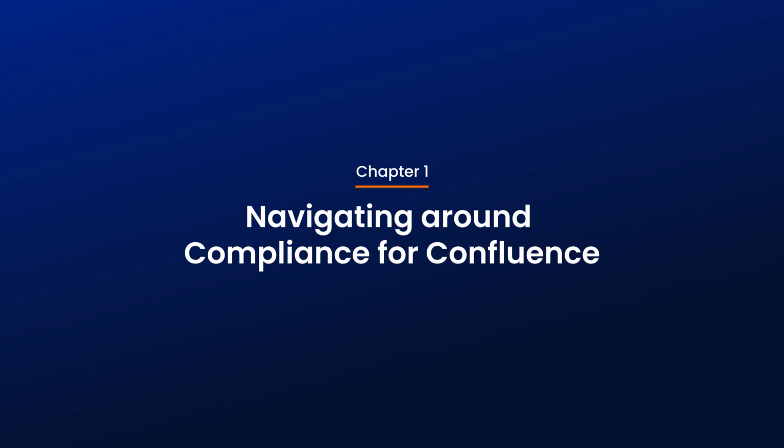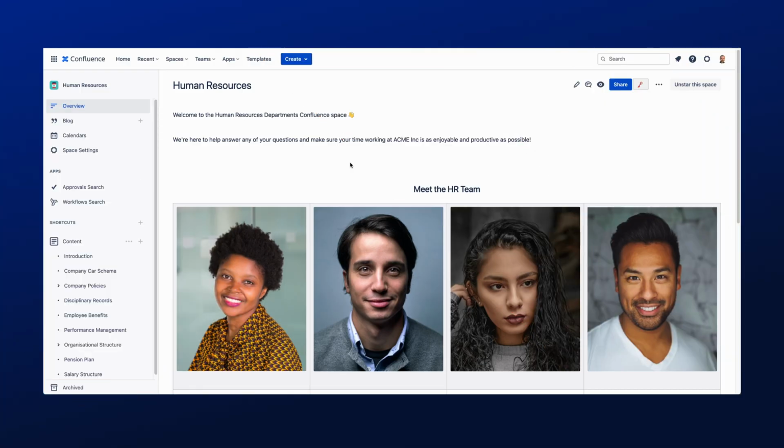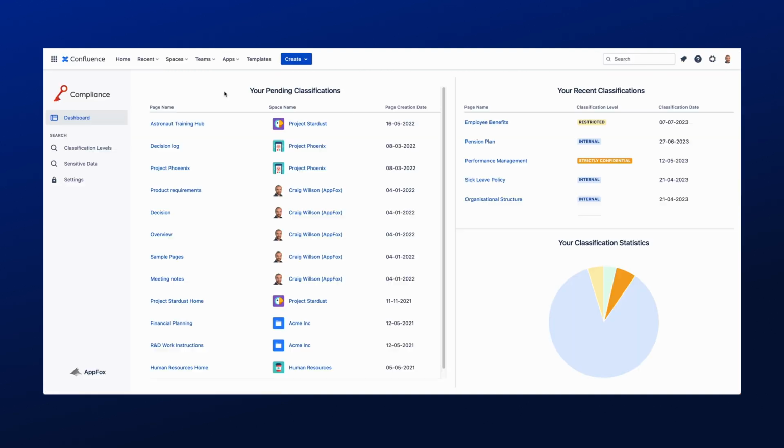First, we're going to take a walkthrough of the Compliance for Confluence app, so you can get familiar with its layout. Once it's installed, you can access it by clicking into the Apps menu at the top here, and then clicking into Compliance. This will open up a dashboard view that is available in the Compliance app, and the dashboard is a great way to see which of your pages are pending classification, but also to get some statistics on